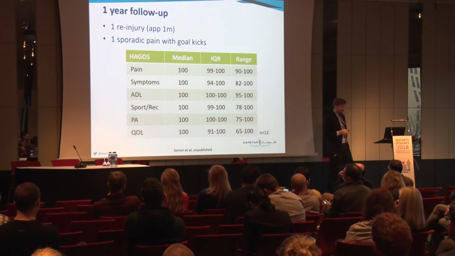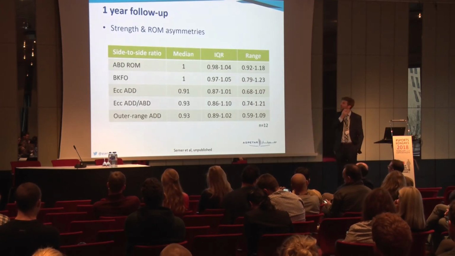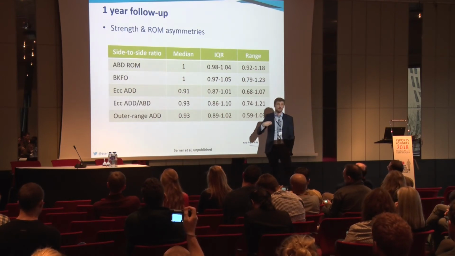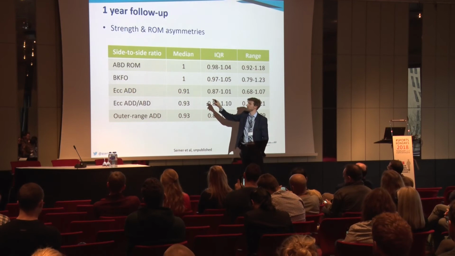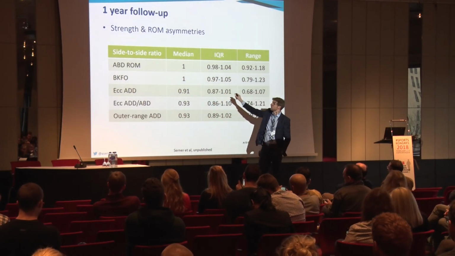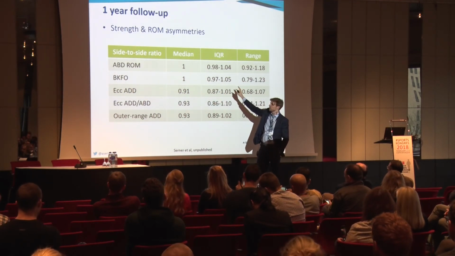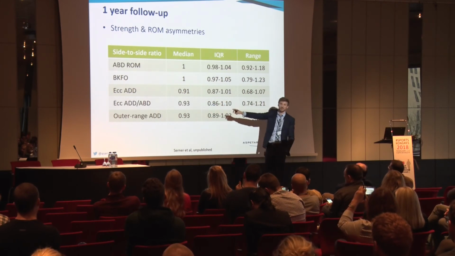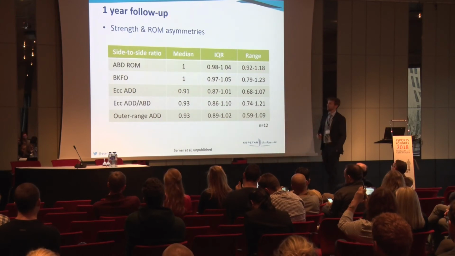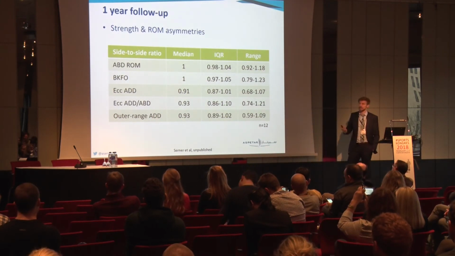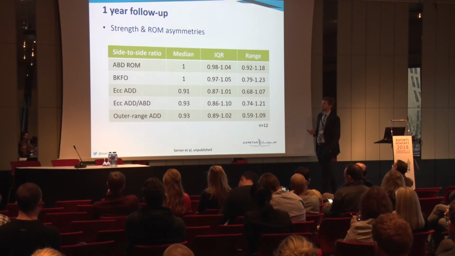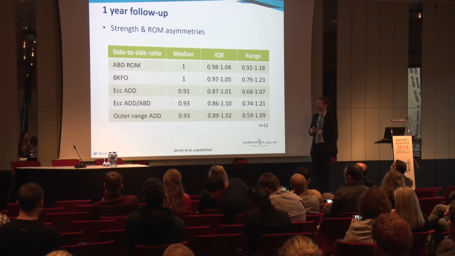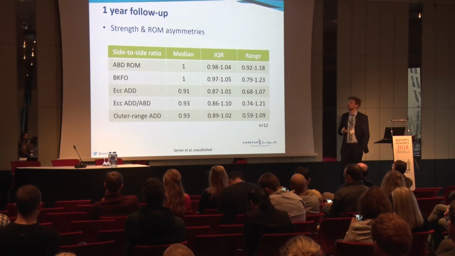The main point of this is that we want to look at the strength and the range of motion again. Have they recovered? If we look at the range of motion, it's generally the same, with our interquartile ranges here, so that'll be 50% of the population. Still, as a median, they're a little bit lower in strength, but less than 10% in general. And this will be influenced by a lot of stuff which is out of our control, of course,